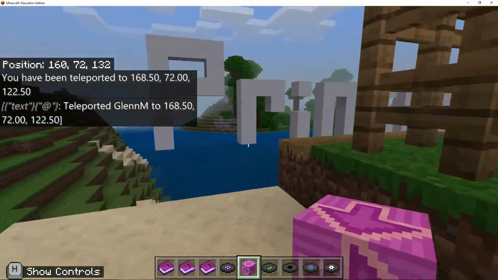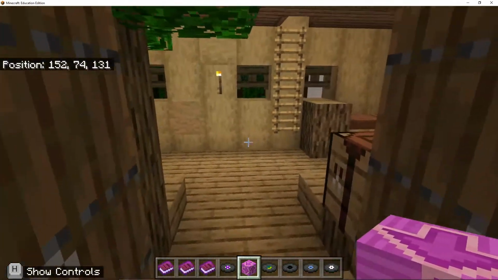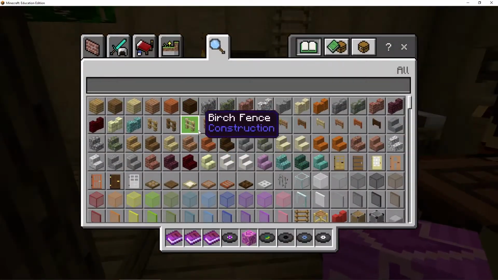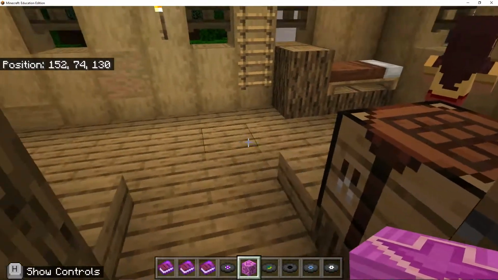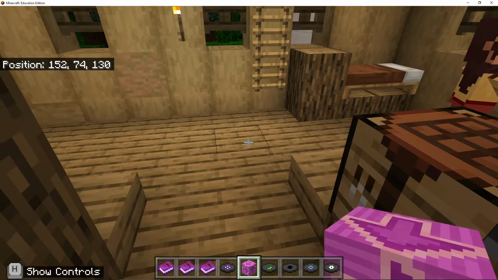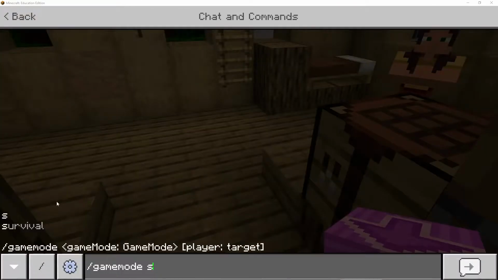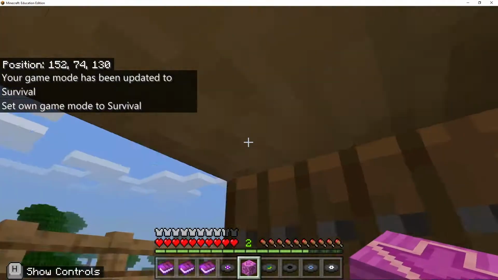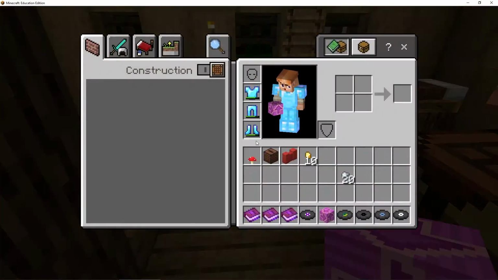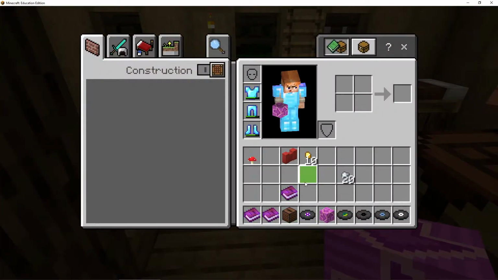While their friends are busy building and putting the music together, they can come in here with the record player and they can go and grab their record player itself. Let's just go into survival. So let's go into survival mode and change this so that we can see my inventory. So I've got the record player here ready to use,